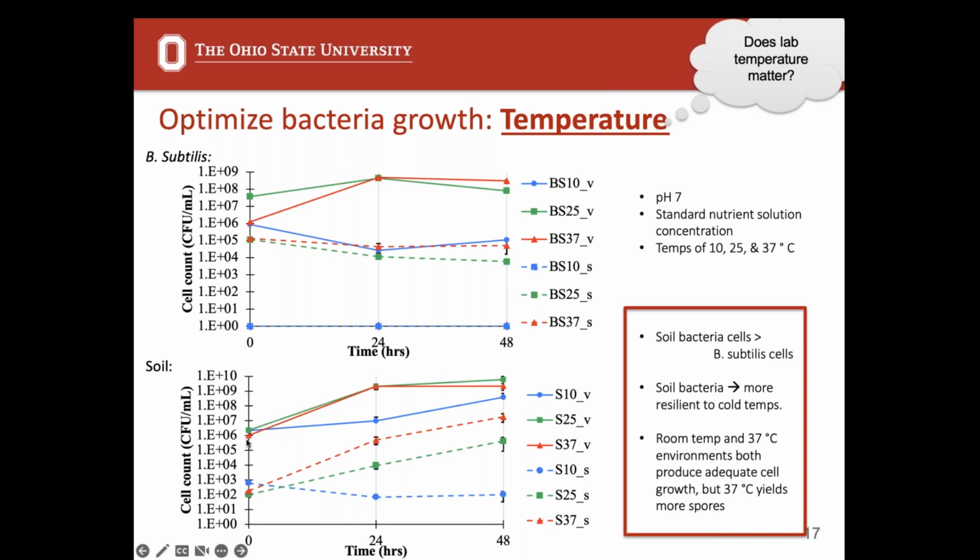We saw a little bit different result from the soil sample. So with this, we did see by 48 hours, we could almost catch up to our other samples. But again, we had much lower spore formation. So in general, from this, we've learned it's not a good idea to try to grow your bacteria samples at low temperature. However, when we grew at higher temperatures, at room temperature and at summertime temperatures,